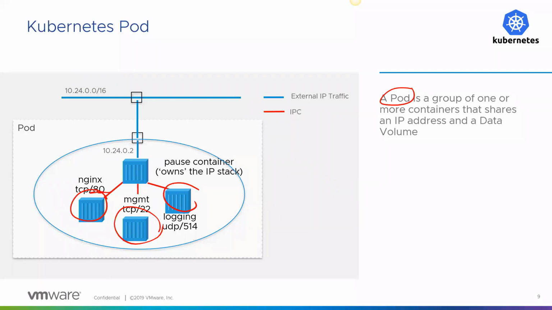But then I might decide to add some other containers that allow me to expose port 22 for management, so that I can SSH into that container to troubleshoot it if I ever needed to, and maybe even another container for it to ship its logs to, because keep in mind, containers by default are stateless, right? So if this was my primary container providing the service that I need, if that container goes down and I weren't shipping the logs elsewhere, then that means I have no means of troubleshooting to see what the source of the problem was,